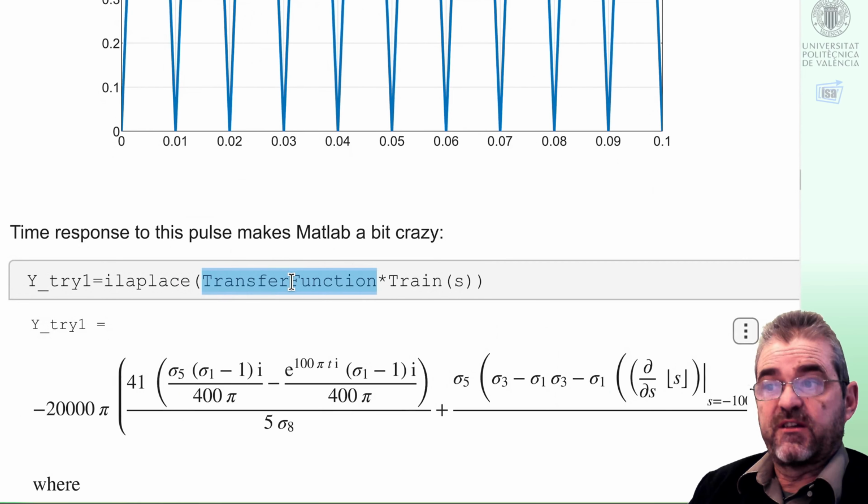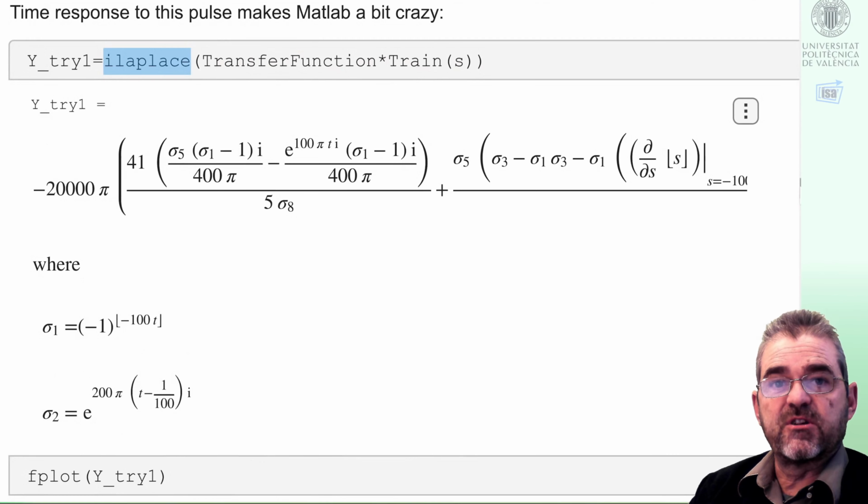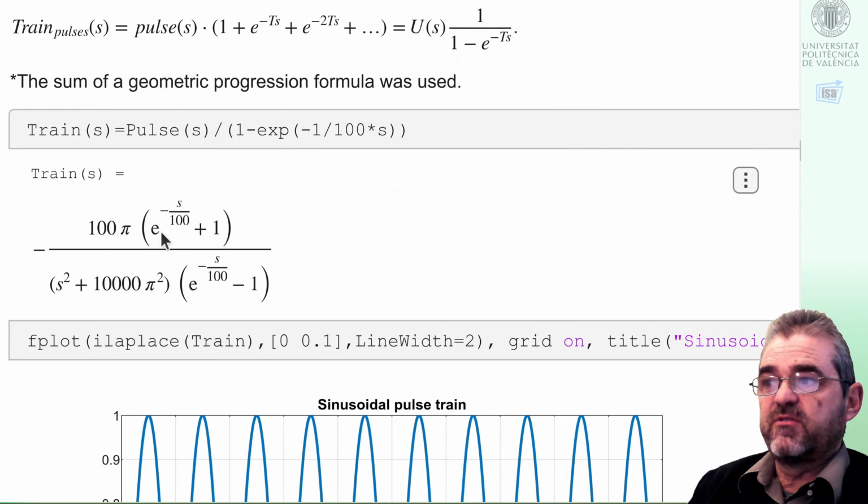I mean, the symbolic toolbox seems not to be able to handle this, and even if we might be tempted to look further in the theory to see how to compute the inverse Laplace transform of this stuff,